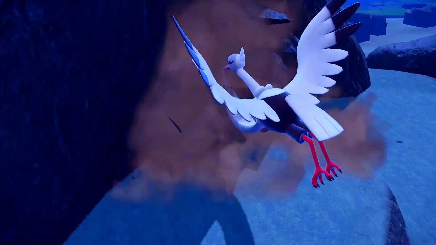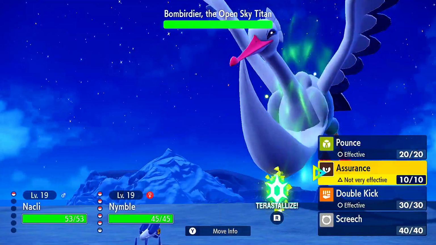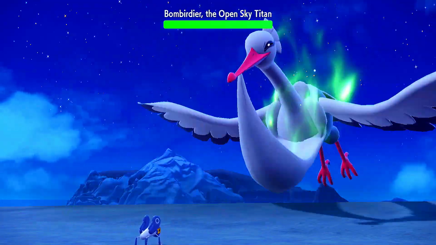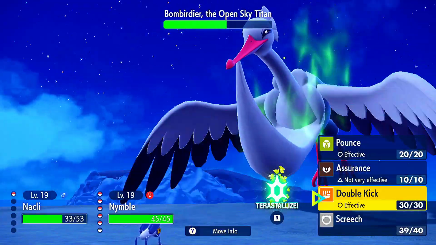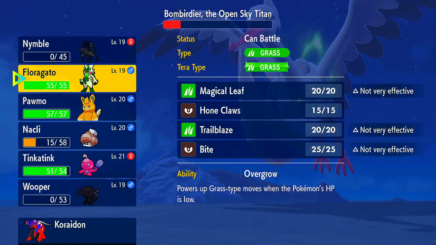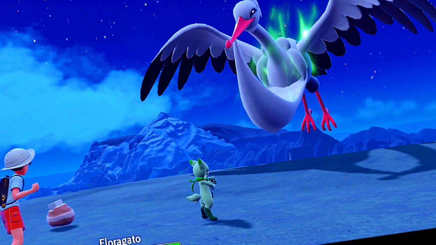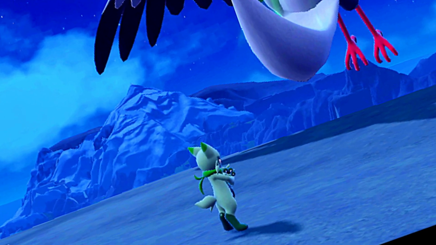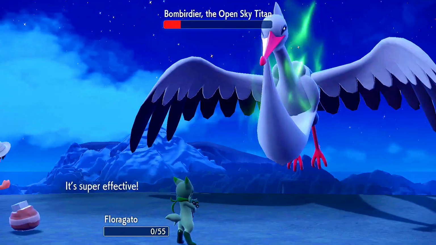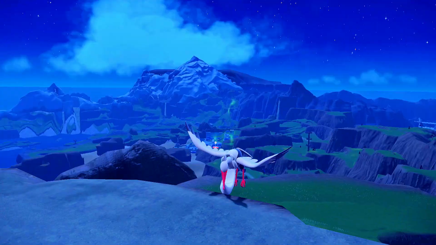Must be lunchtime again, so Arven meets up with us, and now it's time for round 2, but I accidentally put our poor little Nymble out there and it literally got shredded, but got a screech out before it died, greatly lowering Bombirdier's defense. And I did the smartest play ever. I sent out Floragato and it instantly dies from a pluck. What was I thinking? But Arven's little Nacli came in and finished the job, getting me another Titan badge